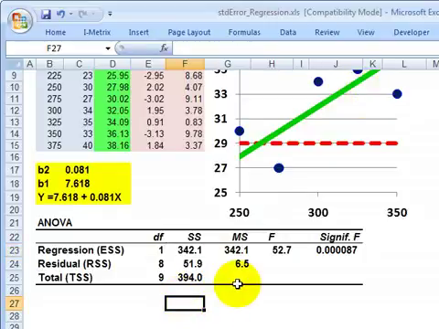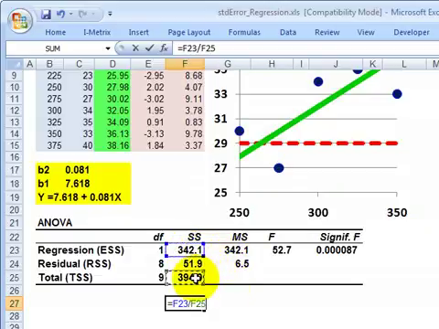And in fact, if we take the regression sum of squares divided by the total sum of squares, what we've calculated is the R squared in the linear regression, a very popular metric, also called the coefficient of determination. In this case, it's a very strong